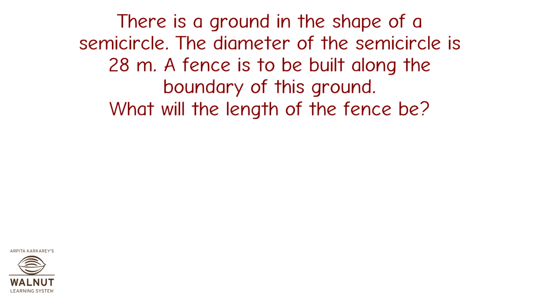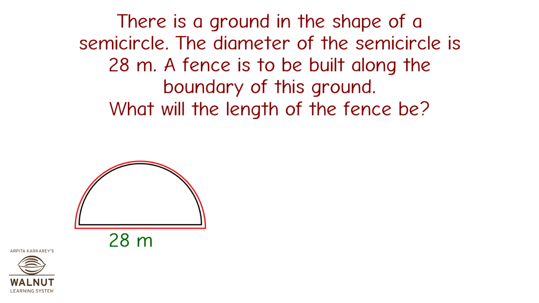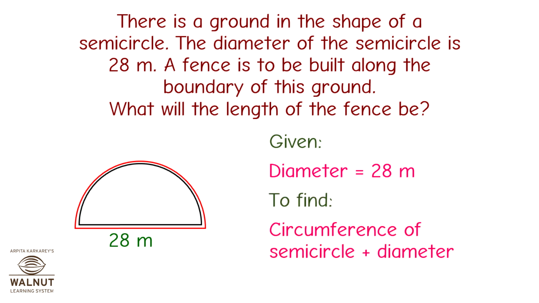As you know, first we understand and think. So let's draw a semicircle ground. We know that the diameter is 28 meters, so let's mark that in. We have to build a fence along the boundary. That means we need to do it along the perimeter of this figure. We have to find out the length of the fence. That means we need to calculate the perimeter. How will you do that? We are given a diameter, which is equal to 28 meters, and we have to find the circumference of semicircle